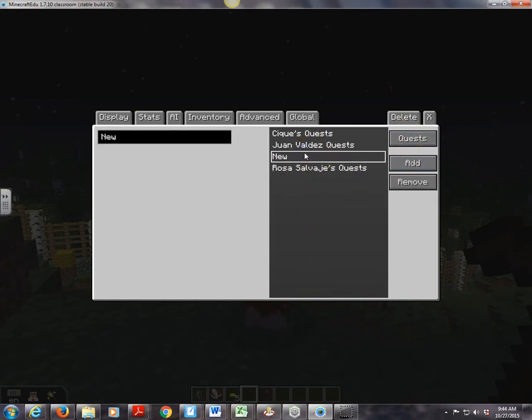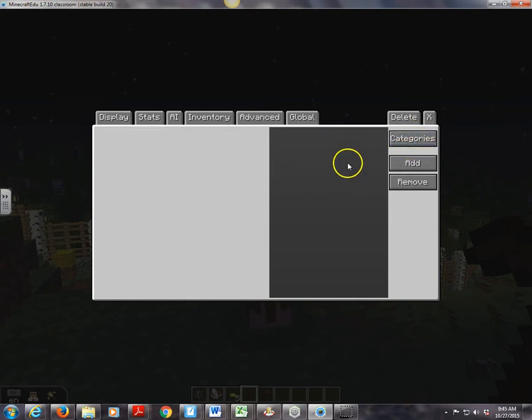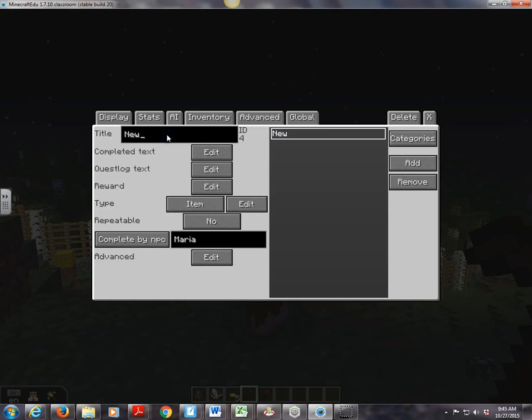And we're going to call it Maria's Quests line. Let's see, Maria's Quests. Okay, because you can create more than one eventually. Once I've selected Maria's Quests there, I can just click Quests again. It's kind of weird. So I'm going to click Quests again, and then now there's nothing here. I got to add a new category. Okay, so basically, let's go ahead and call it